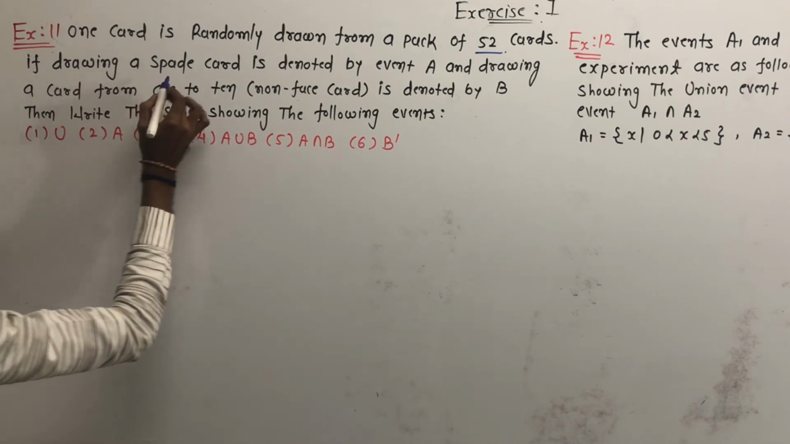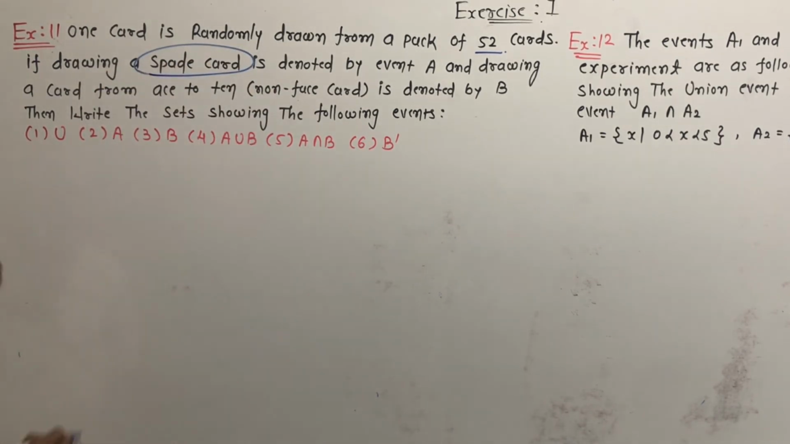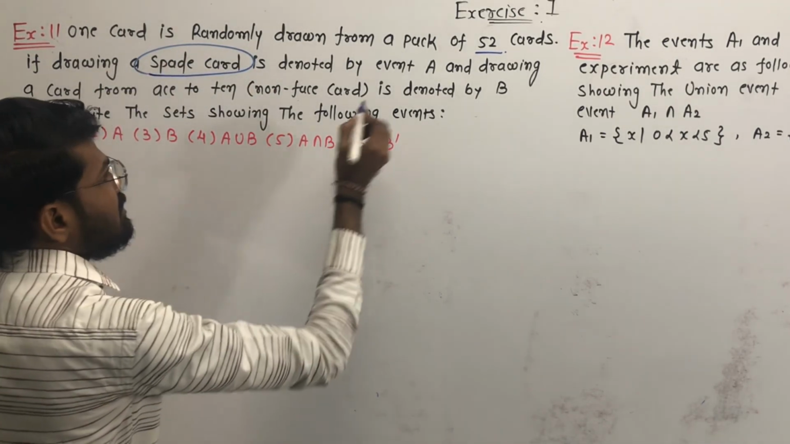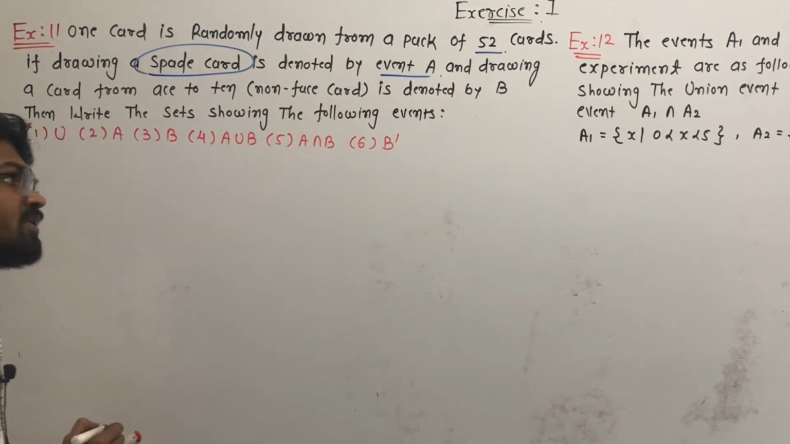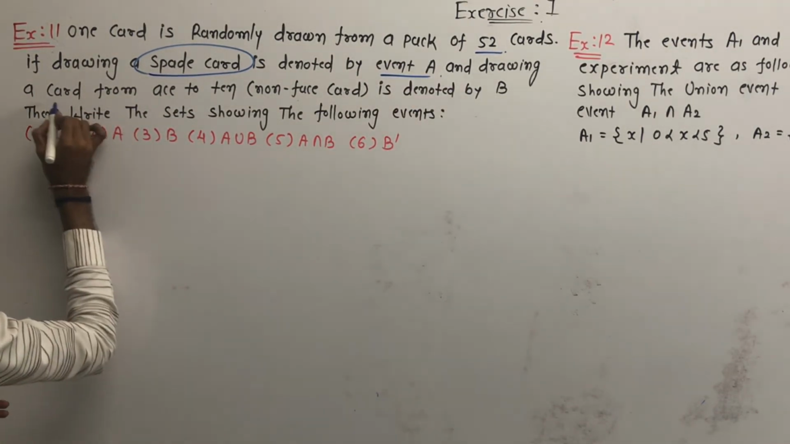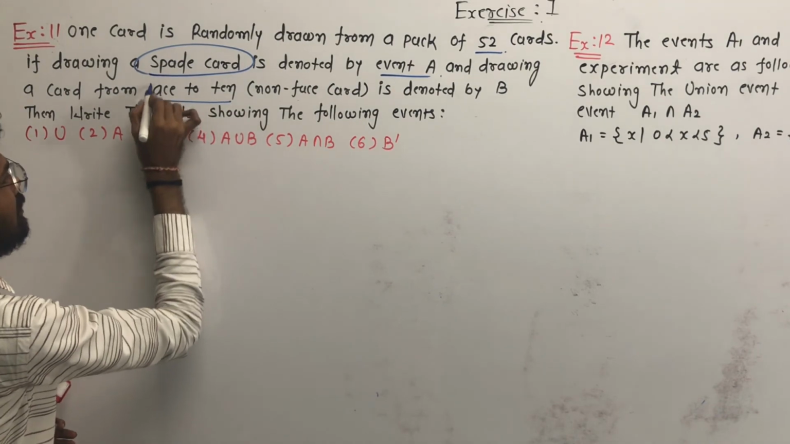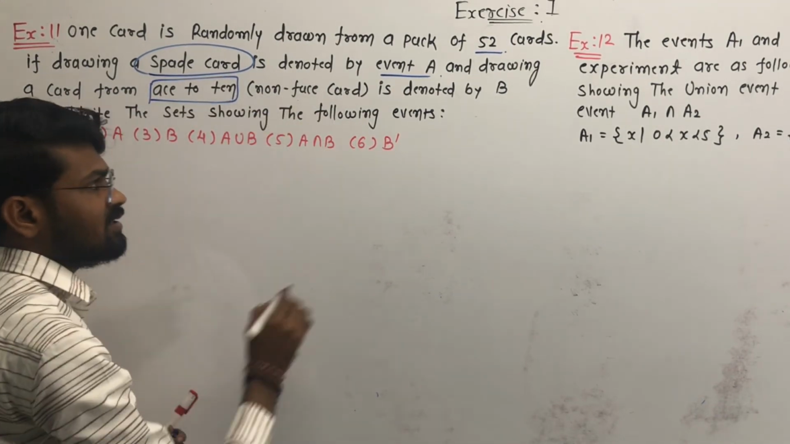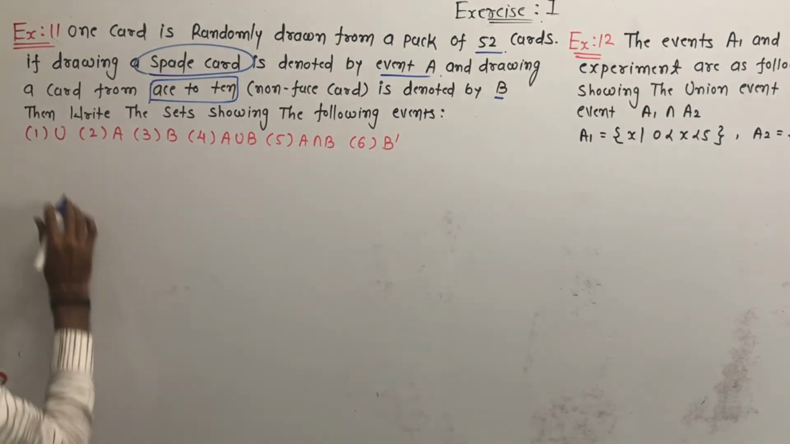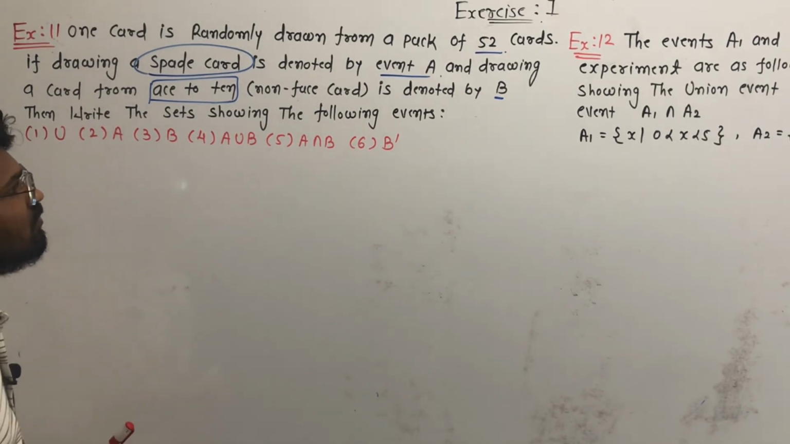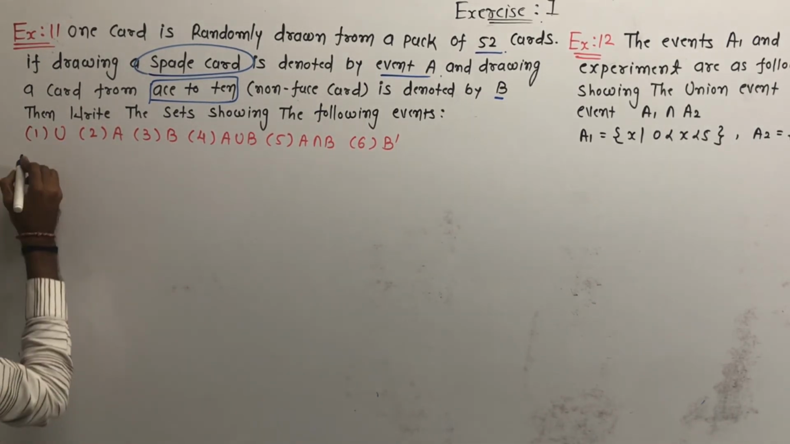If drawing a spade card is denoted by event A, and drawing a card from 2 to 10, a non-face card, is denoted by event B, then write the sets showing the following events. Okay, first of all,